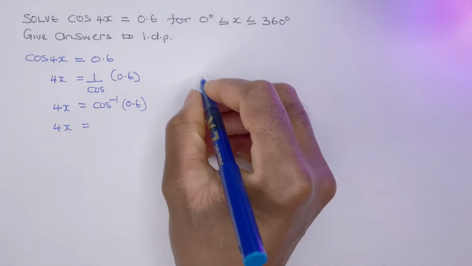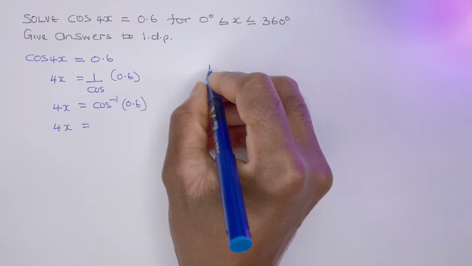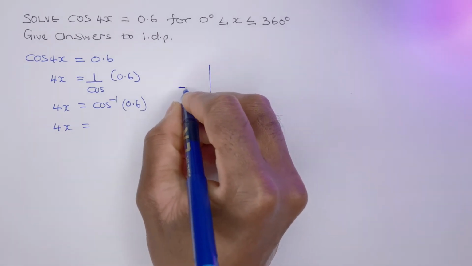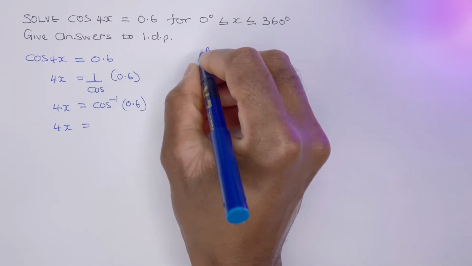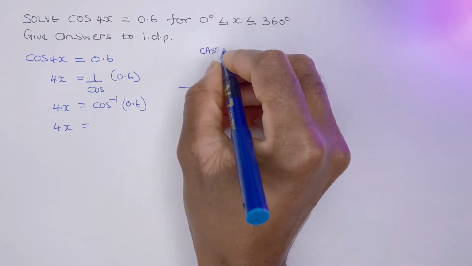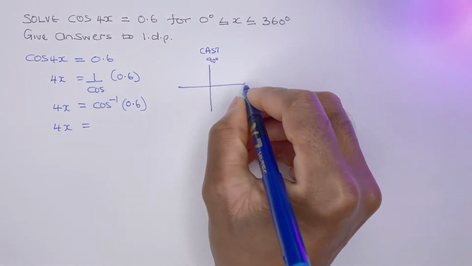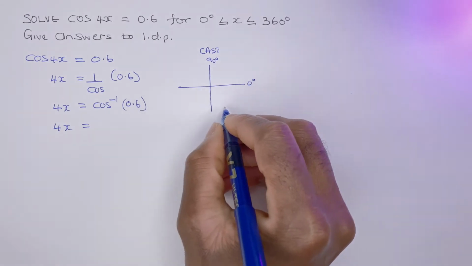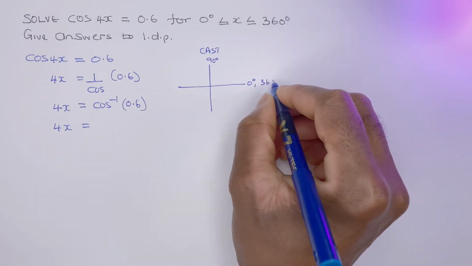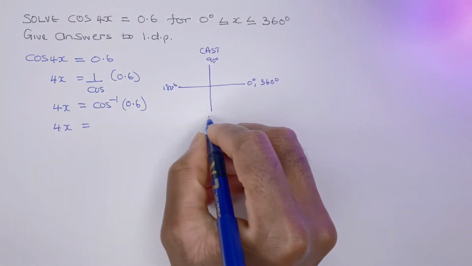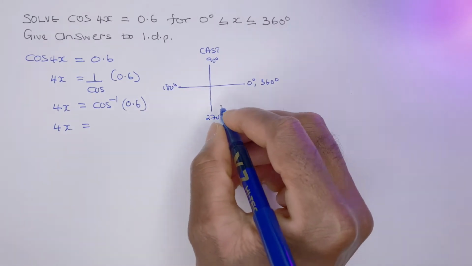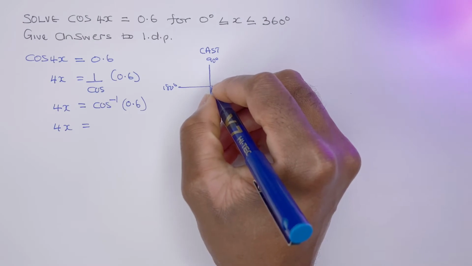But if I draw quickly what's going on there, 53.1 degrees, using my CAST diagram, this is 90 degrees, 0 degrees, and obviously 360 degrees, 180 degrees, 270 degrees. The 53 is here,